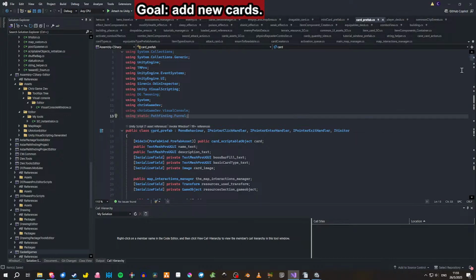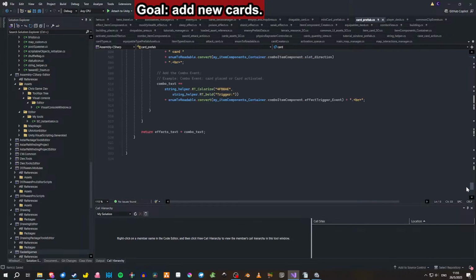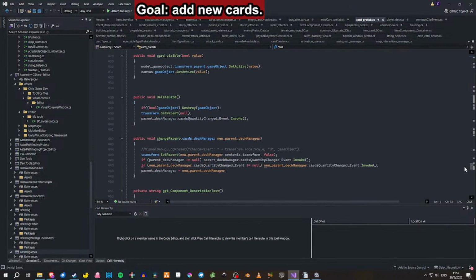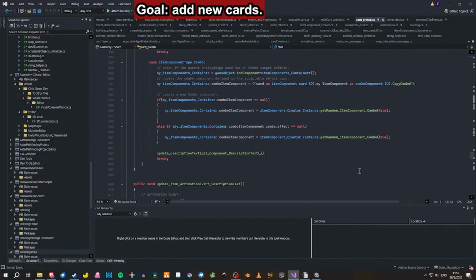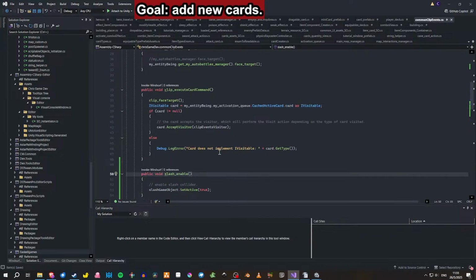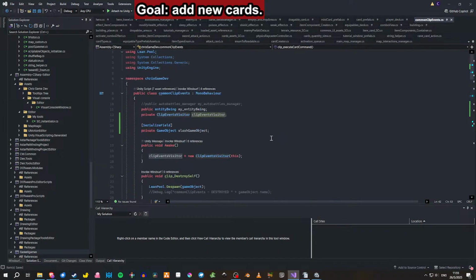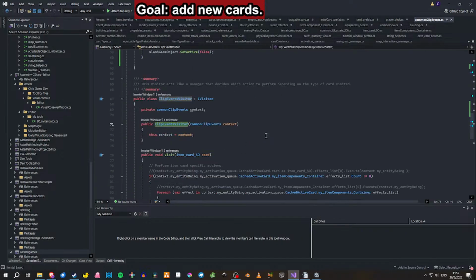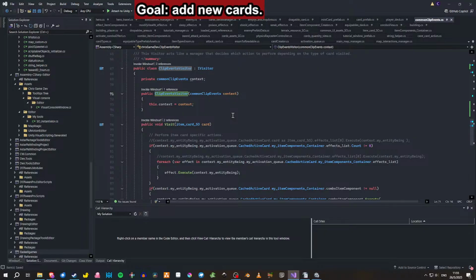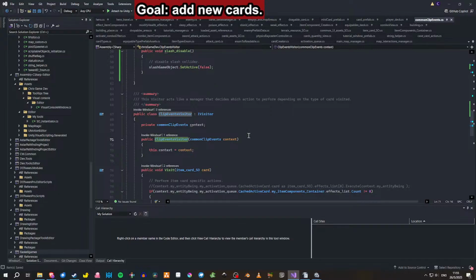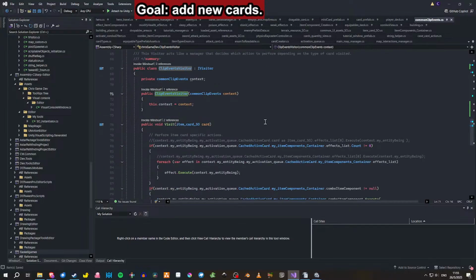Visitor. So the card is a visitor. The card accepts the visitor, clip events visitor. So if the visited is an item card, do that. I should do this, you know. I should use this method. So anyway,